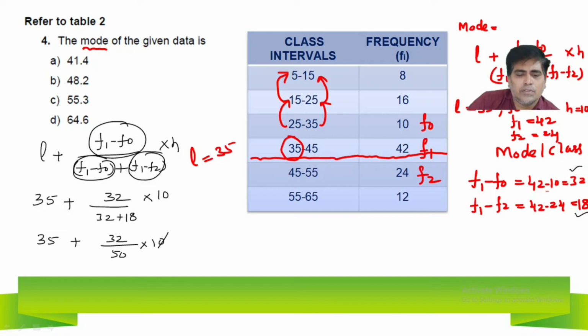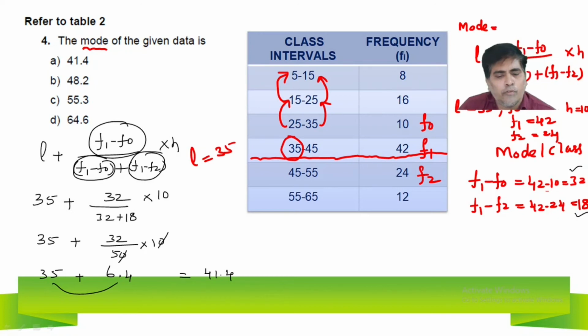So we can cancel the zeros. What is the fractional part we have? 32 by 5. If you divide by 5, you get 6, 6 fives are 30 and 2 is left out. Putting the point, 24, so you get 6.4. 32 by 5 in rough calculation gives 6.4 only. So the total value is 35 plus 6.4, that is 41.4. Clearly the option goes for A. Option A is the right option here.